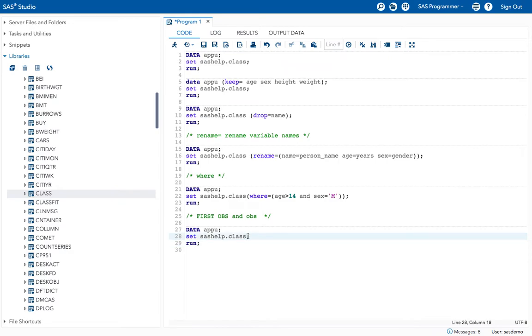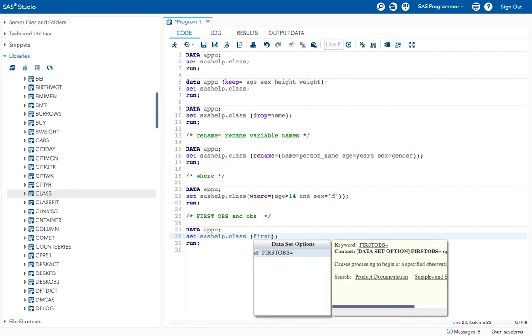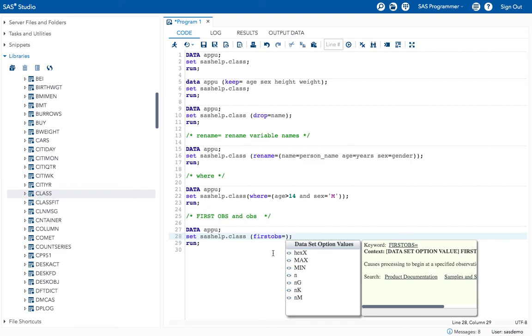Now I will give, in the parenthesis, anytime it should be in the parenthesis, FIRSTOBS equal to 10.